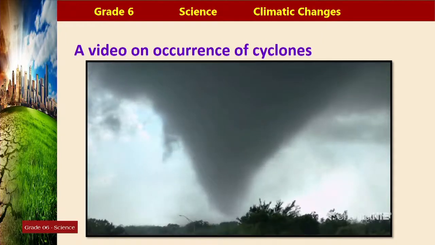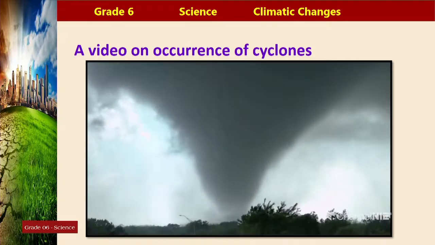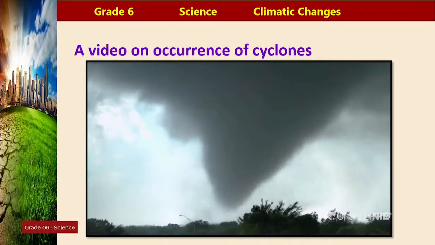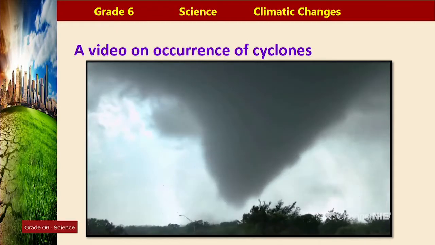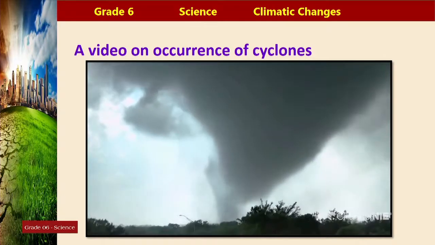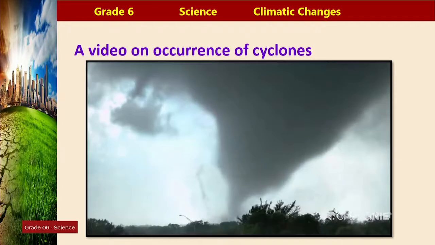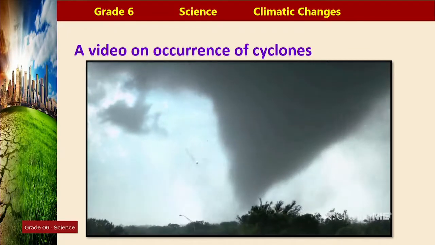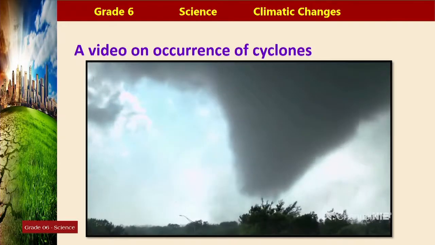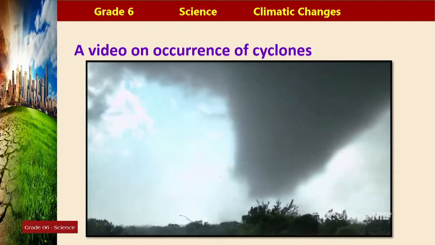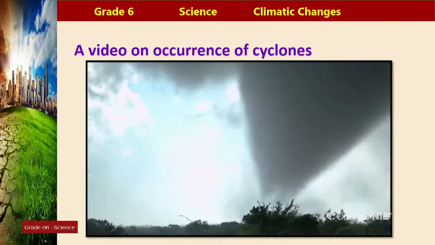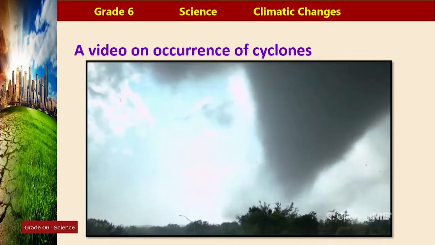Most of the cyclones which affect Sri Lanka are tropical cyclones, children. These cyclones mostly occur in the oceanic region. They start in the oceanic region, later they migrate towards the land. Whenever they start in the oceanic region, certain conditions should be fulfilled. The surface of the ocean should be warmer. There should be a particular temperature on the ocean surface to cause a cyclone. And once it originates in the oceanic region, later it would migrate onto land.